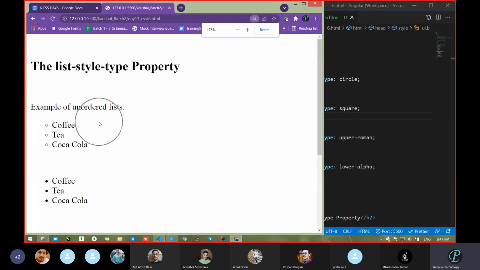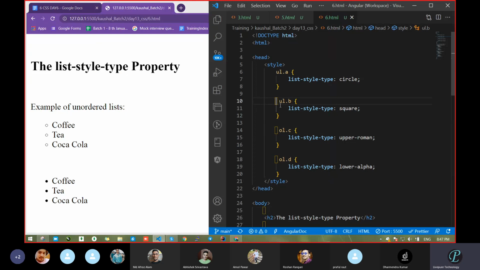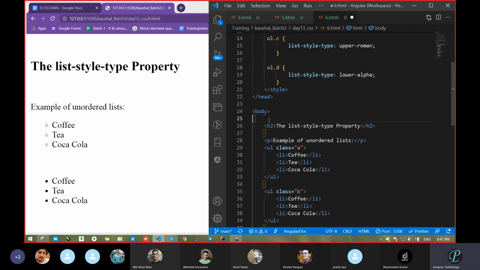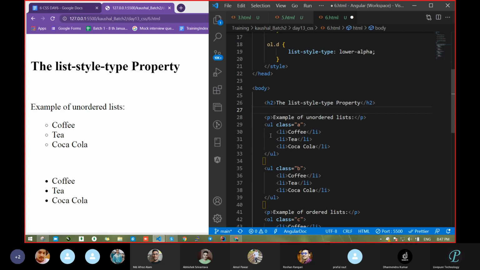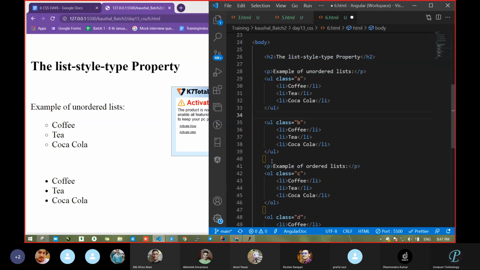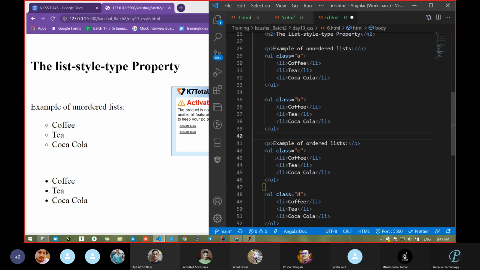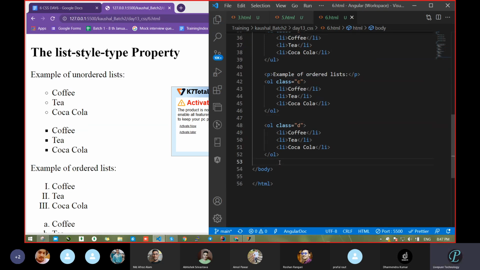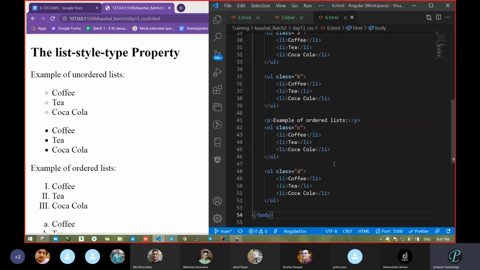Due to that, if I remove this, then it will work. Okay. Now see, we got that output. Due to the white space, it's not going to do.